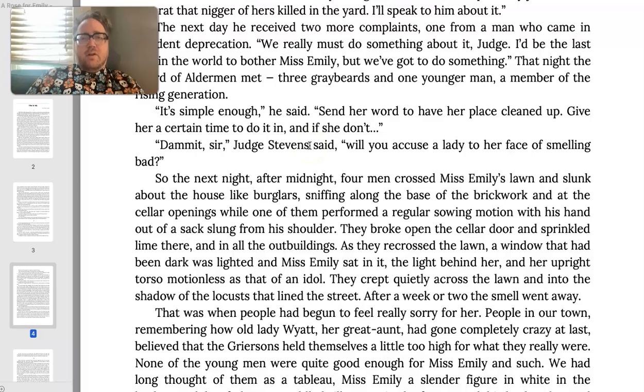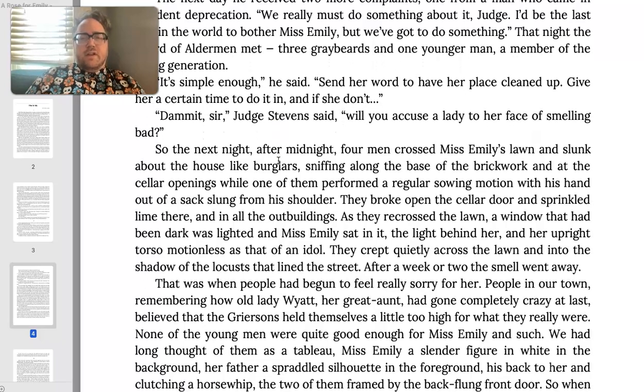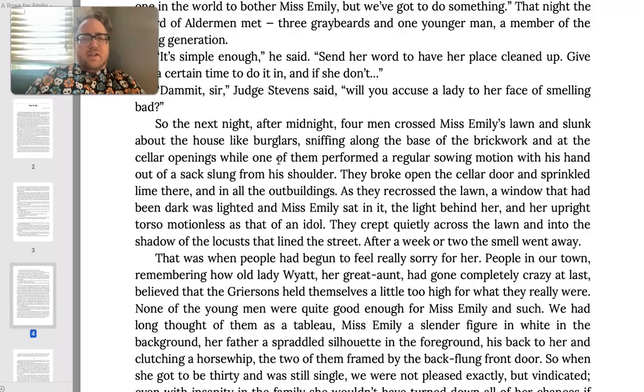Again, they're concerned about Miss Emily being a lady, right? We talked a lot about that with the last story. Will you accuse a lady to her face of smelling bad? That's just not to be done, right? They couldn't do that. So what they do as a result of all this is